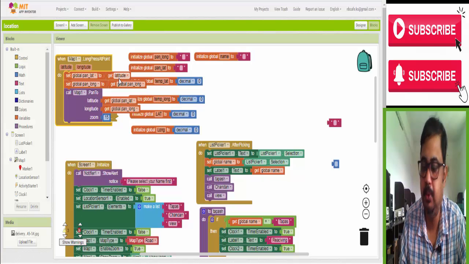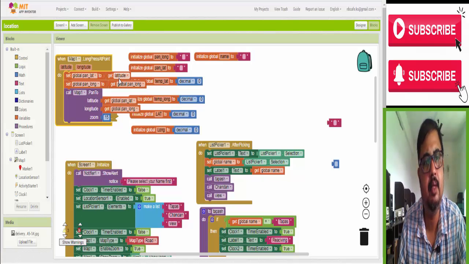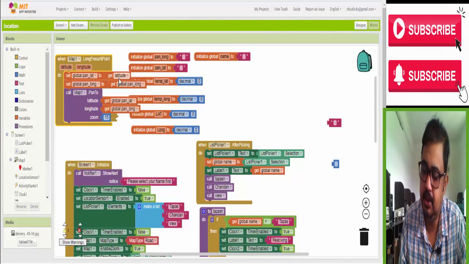Suppose you select a point, your mobile fits a 2 kilometer radius, or 20 kilometer radius of that, because the map is huge. The entire world map is present in Google Map. That is why whatever place you touch with a long press, that pan will be selected. Because of that, I just write this and set global pan.